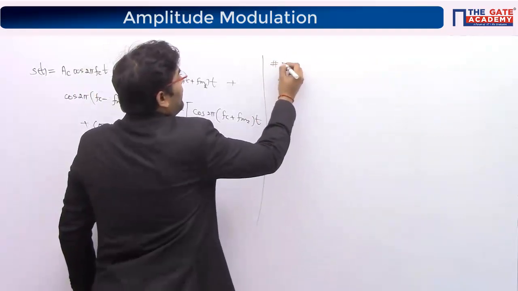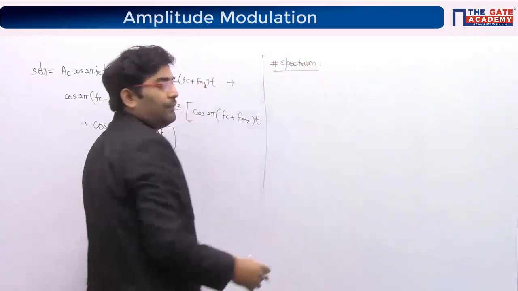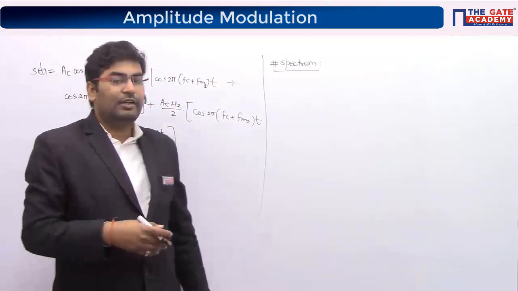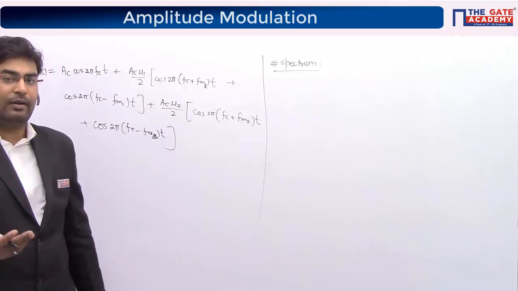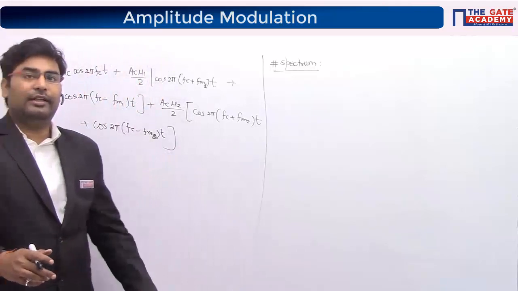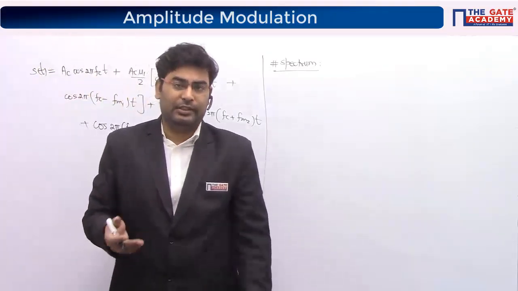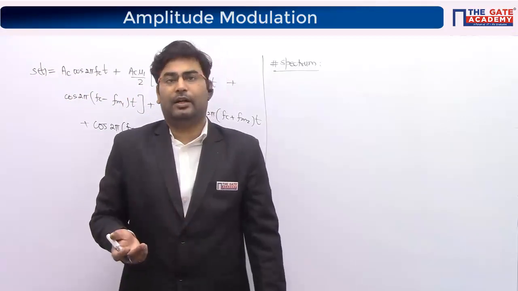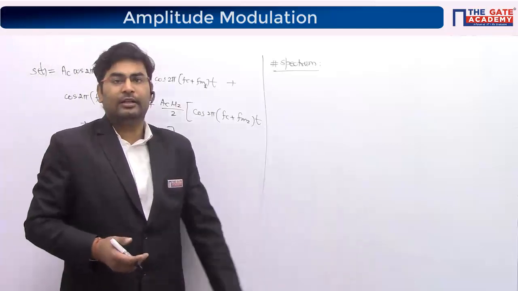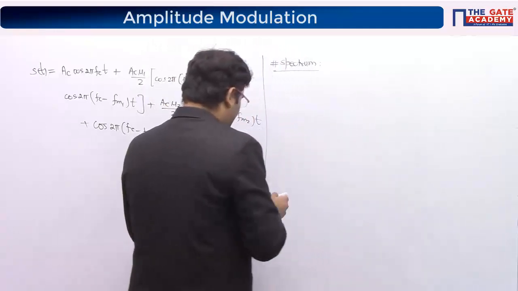Now we'll draw the spectrum directly without writing the Fourier transform. I had told you in the last session also, I will make you learn how you can directly draw the impulses or the spectrum diagram without actually taking the Fourier transform. Because in GATE, you will not have that much time to first translate into the frequency domain and then draw the spectrum. So you have to be rather smart and directly put the frequency spectrum diagram. It's very easy if you follow what I am saying.